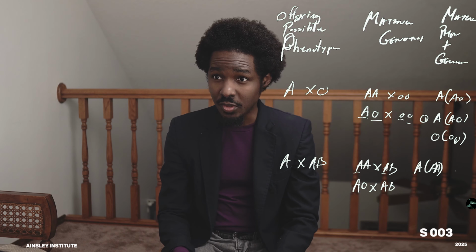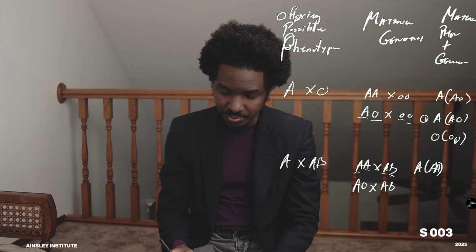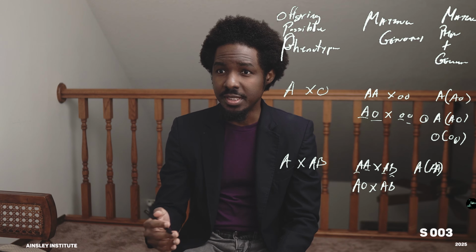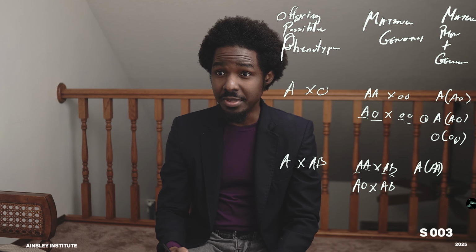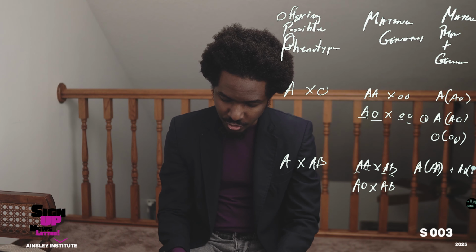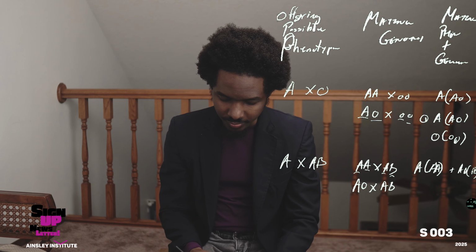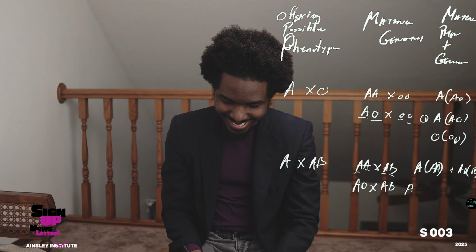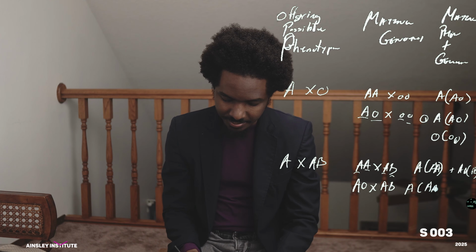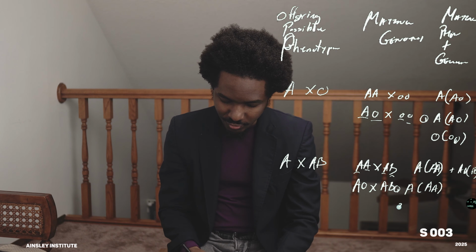But this person also could be A times B, which in this situation would be AB. And if we try to do it another way, these are the combinations we get. Now this person can also be A, and this can be A times A, that type of A. This person can also be